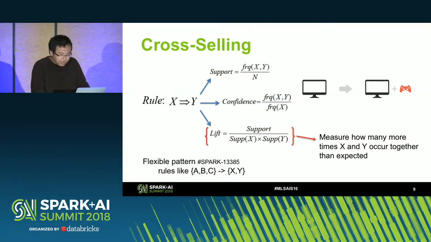And by the way, MLlib's implementation only supports mining rules which have a single item as the consequent. However, in some special cases, our customer asks us to mine more complex patterns, like sets A, B, C to set X, Y. To address this, we have developed a new implementation, and it can be found in the corresponding